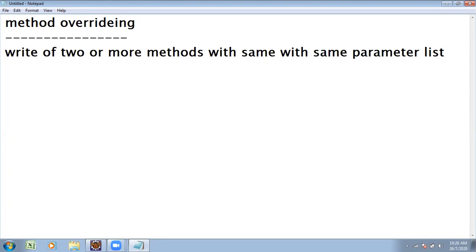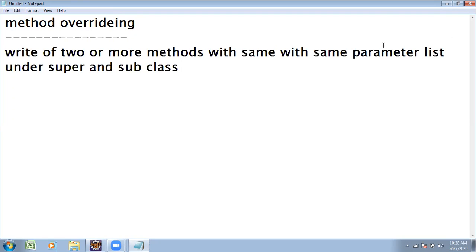Previously, the method name was the same, and the parameter list differed either by number or by type. But what I'm saying now is writing two or more methods with the same name and the same parameter list, but not under a single class, under super and subclass. Super and subclass is known as method overriding.